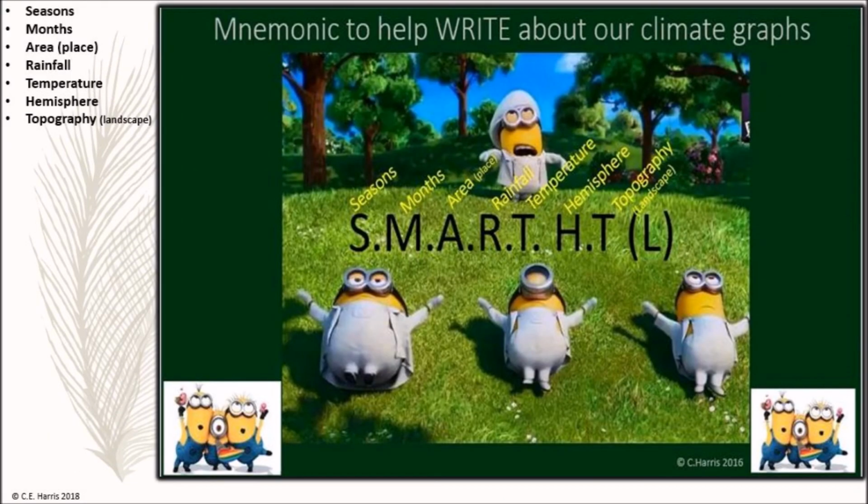So T stands for topography landscape, and that concludes the mnemonic for